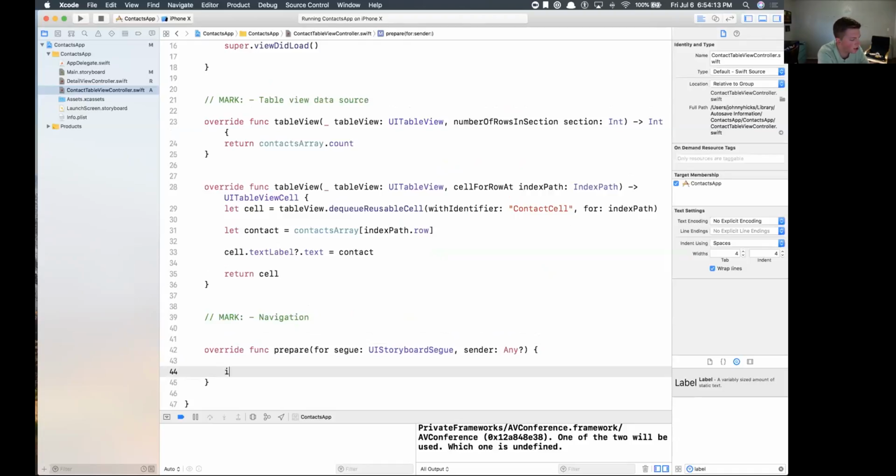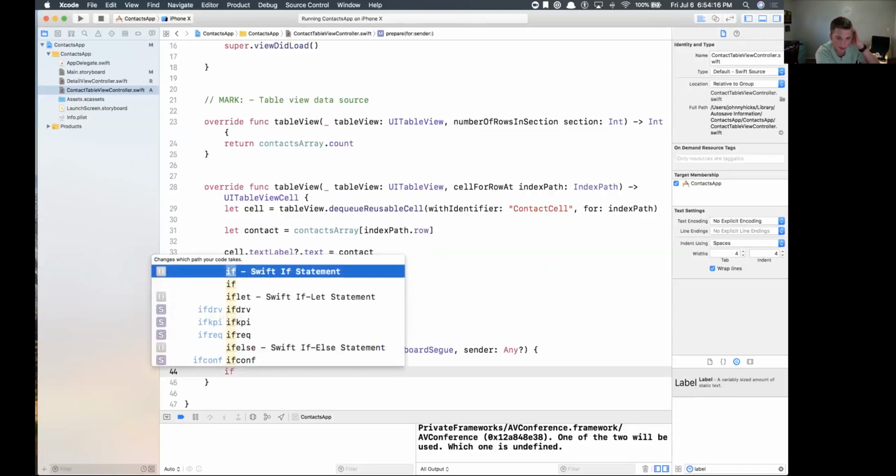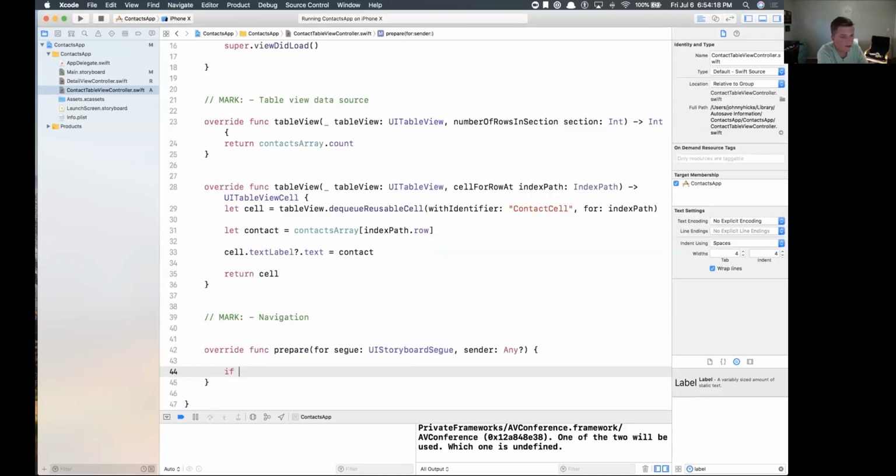So I'm going to create a conditional here, and we're going to say if our segue, and remember this segue is the parameter. The segue that was initialized in the interface element is going to pass over to this prepare for segue. So we're going to ask that segue, if the segue.identifier is equal to